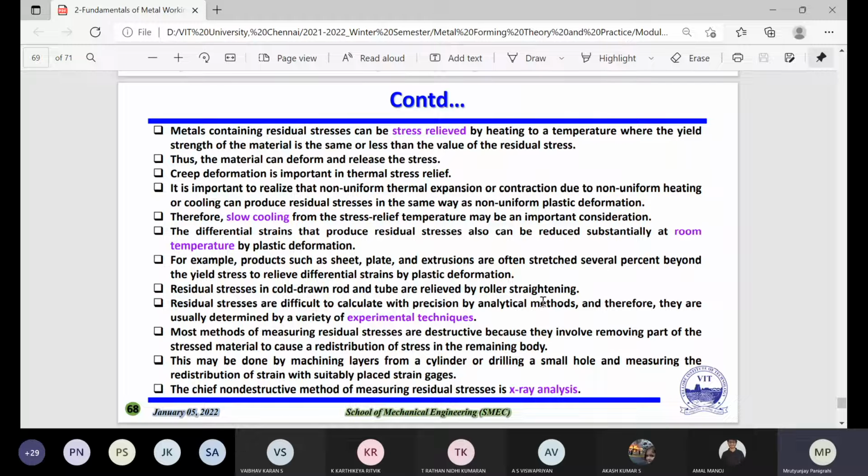For example, the heating rate: you are increasing up to a certain limit, and that heating rate also should be controlled by you. This depends upon the properties of the material. Let's say 2 degrees C per minute, or 5 degrees C per minute, or 10 degrees C per minute. Normally a slow heating rate is recommended. The second thing, whenever you are holding for a certain time, let's say 1 hour, or 30 minutes, or maybe 2 hours, 5 hours,